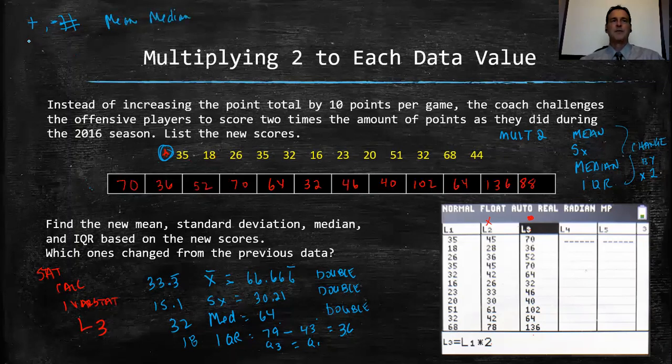But if you multiply, or in fact divide, by any number, then it's going to change all of it. It'll change both your mean, your median, and it'll also change your interquartile range and your standard deviation. So it's highly effective when you multiply all your data values by something. If you add or subtract something to it,